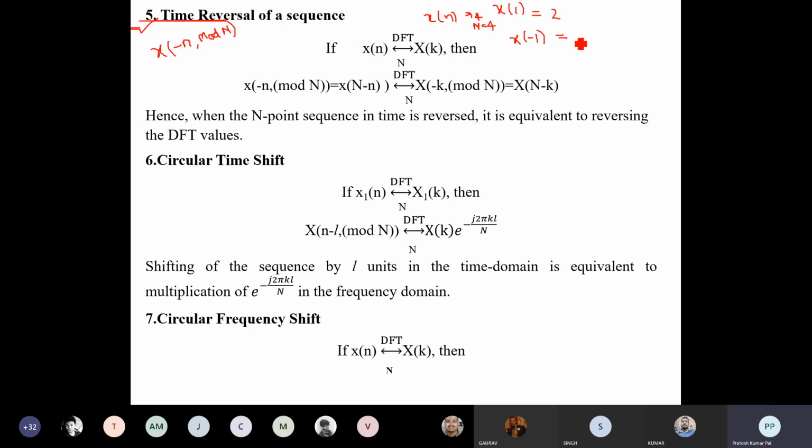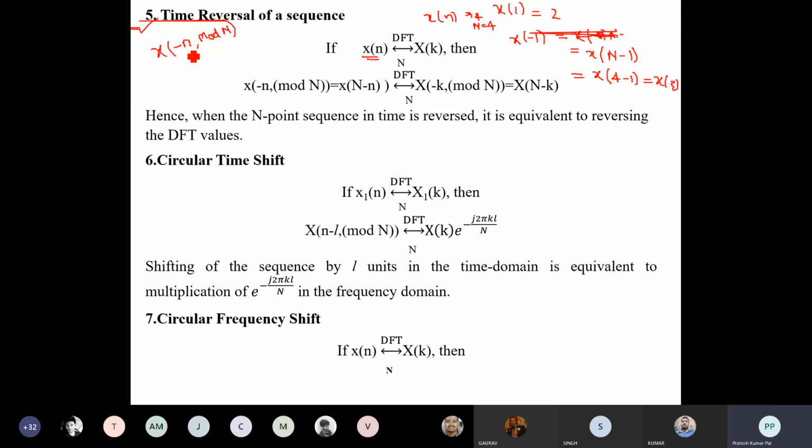So x of minus 1 will be equal to x of capital N minus 1. So that will be equal to x of capital N minus 1, where capital N is 4, so it will be 4 minus 1, that will be equal to x of 3. So here, if we want to do time reversal, x equals to minus n,